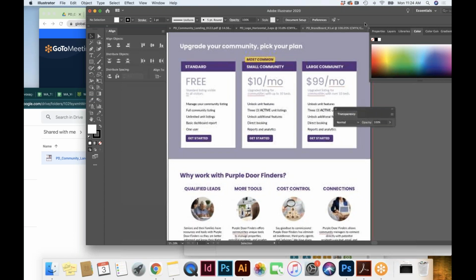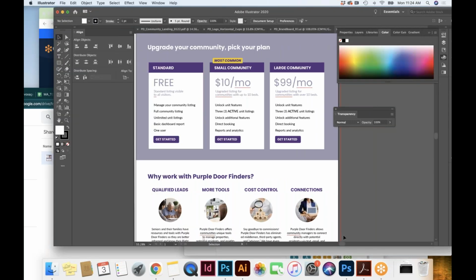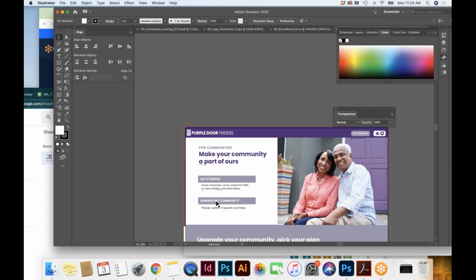So I actually rewrote this page based on some of the stuff that we've talked about. This would be the page that you would click through if it was anything from the community about getting started or anything like that. I took the buttons down to two. Get started: a new community can be created for free, or claim an existing community listing. I took out the stuff about checking to see if you already have a community listing, because presumably on the next page, once you click get started, something will prompt you to do that. So to keep this nice and clean.